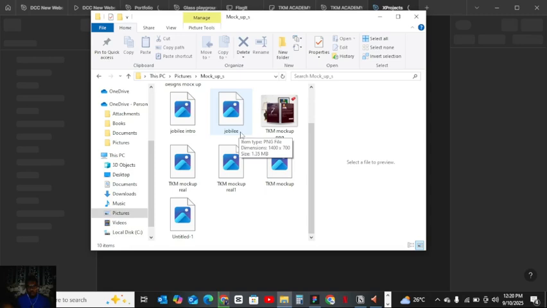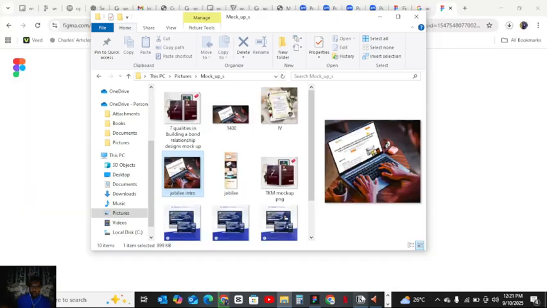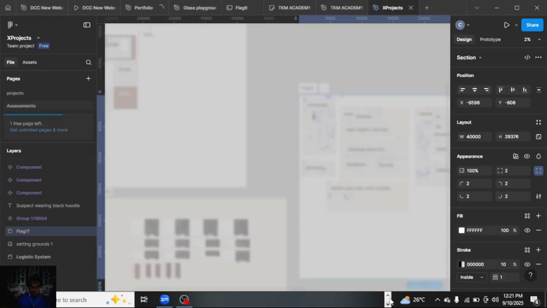So this is just also a mock-up. Come on. So it's actually loading.